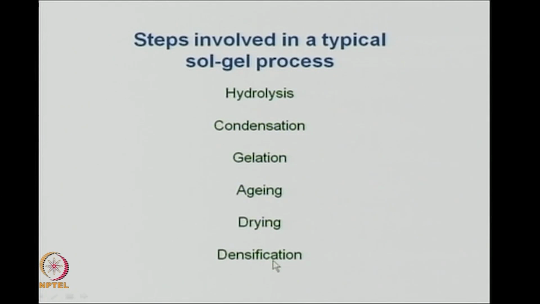Depending on your applications, you may or may not like to densify. It depends on the kind of application that you are looking for. So, these are the key steps in a typical sol gel process. You go from hydrolysis, condensation, gelation, aging, drying, and then you get a dense solid by densifying the dried